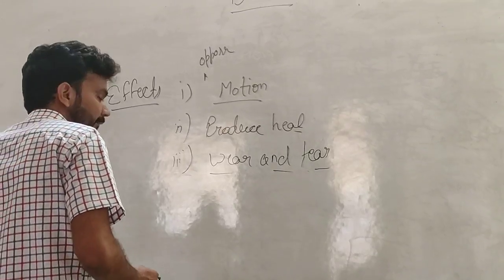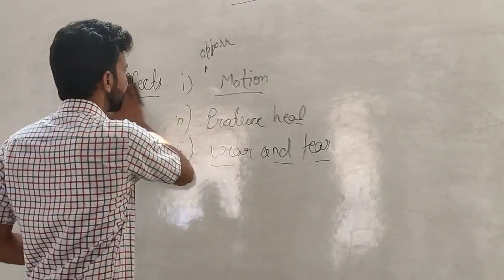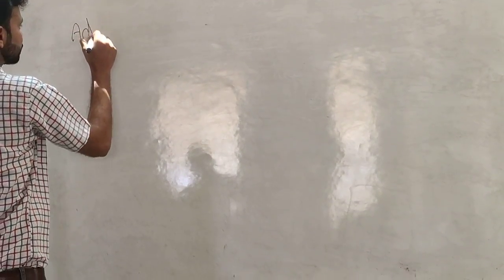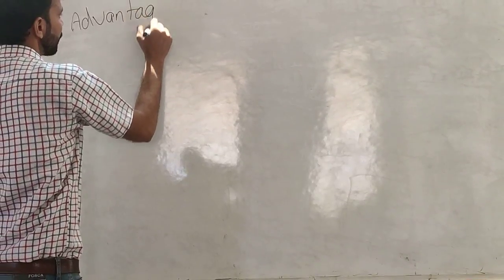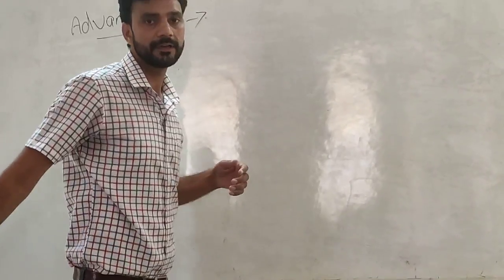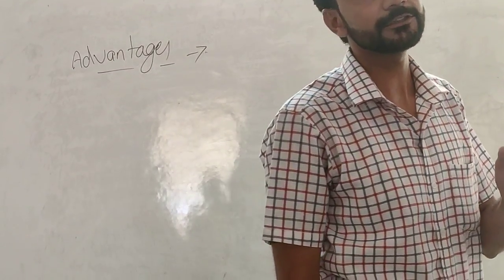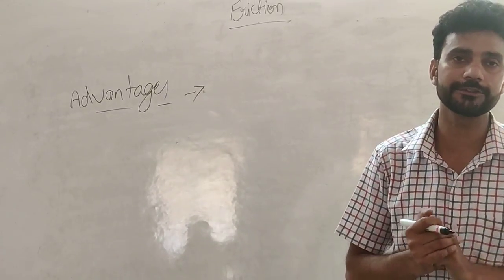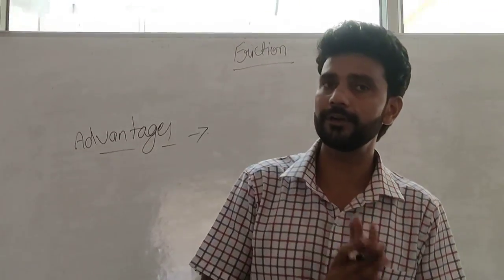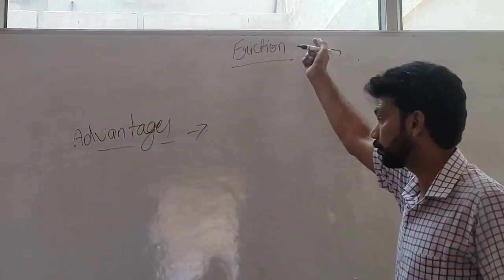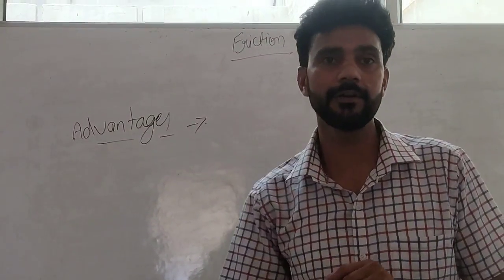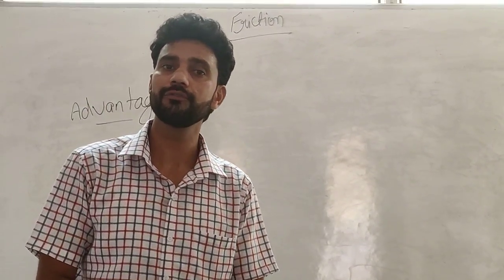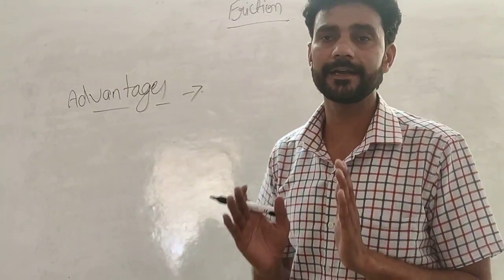Now we will discuss the advantages and disadvantages of friction. What are the advantages of friction? Friction helps us in walking. Without frictional force, we cannot walk. First thing. Second, I'm writing on the board, that is also due to the frictional force. Without frictional force, we cannot write on the board. If you want to hang a nail on the wall, then without the help of friction, it will not stay there. If you are moving anything, then the object will not move without frictional force. So these are the advantages of frictional force.